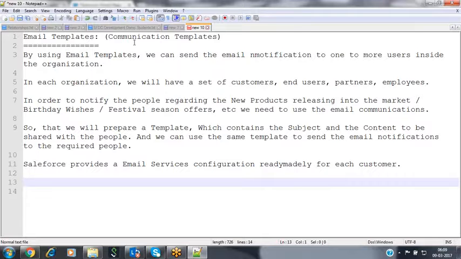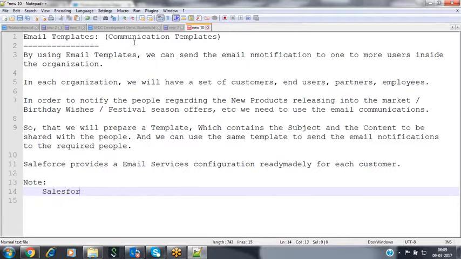Or if you don't want to use that same template, if you want to send a different subject and different content based on your application requirement, then you can prepare your own email templates as well. We can prepare our own email templates also. There are no such limitations. Depending on your need, however many templates you want, you can prepare that many email templates. Now, let's make a note of it here.